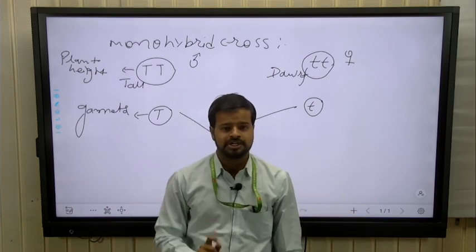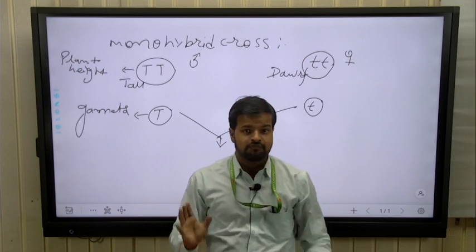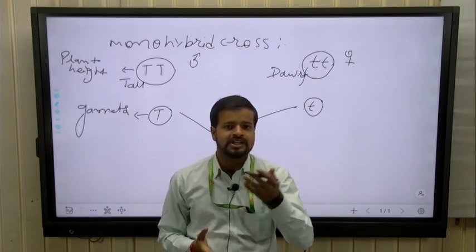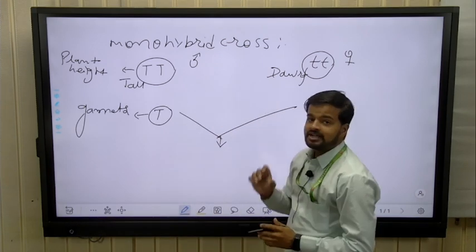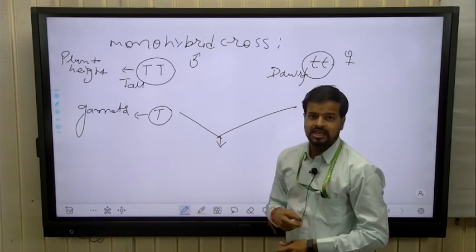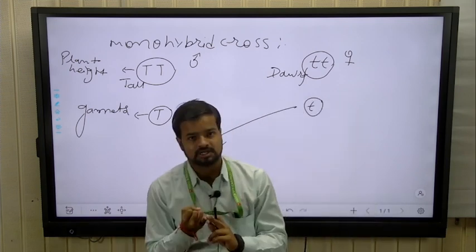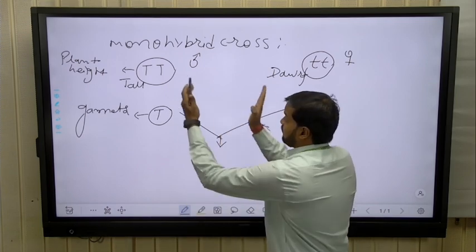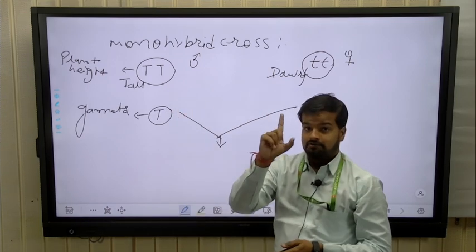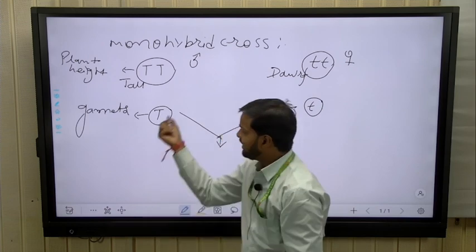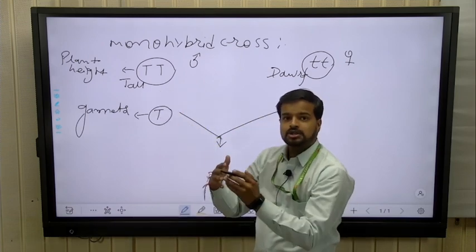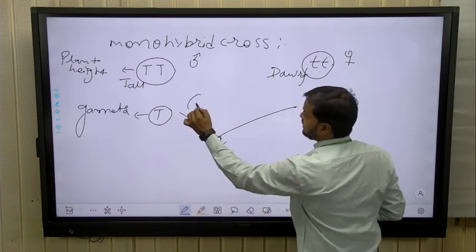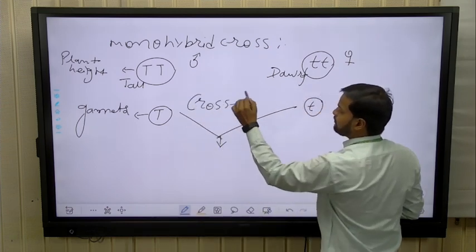After the gamete formation, according to Mendel's technique, as we know, Mendel was a very clever person because he used genetic inheritance with brilliant techniques. What did he do? Mendel performed this monohybrid cross with the help of two techniques. The first is cross pollination and the second is self pollination. That means when Mendel selected a pure plant, listen properly, he did cross pollination between the two parents. That means here cross pollination is performed.